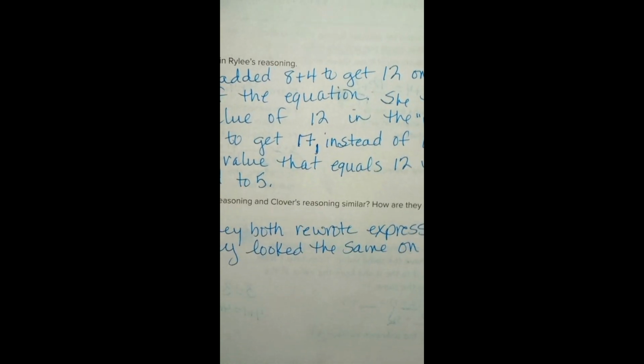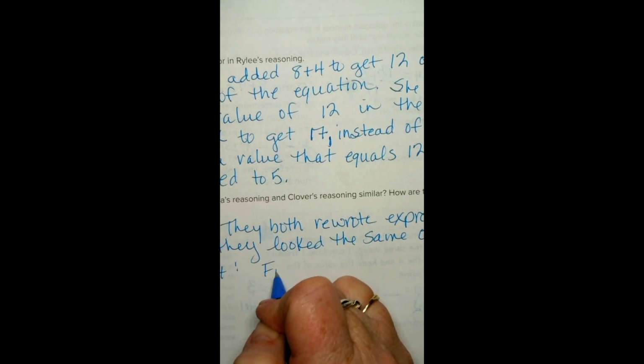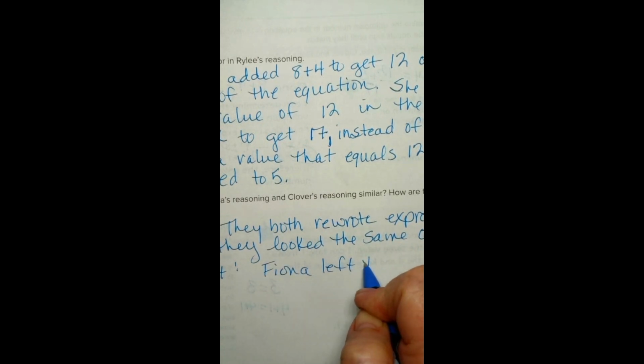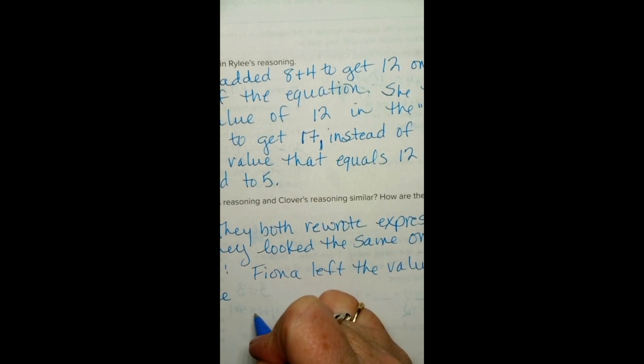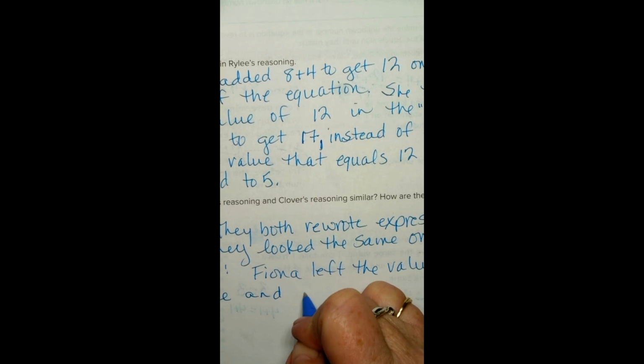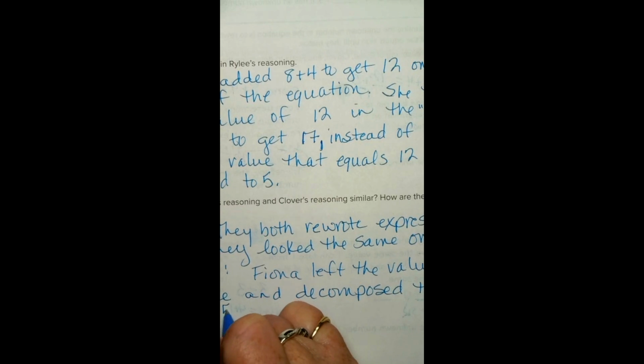So let's see how we can write that. So Fiona left the value of 4 the same, and decomposed the values of 5 and 8. Clover